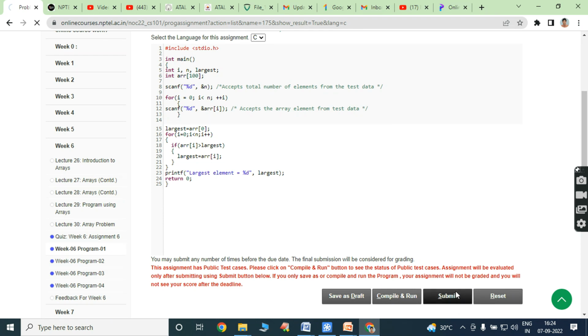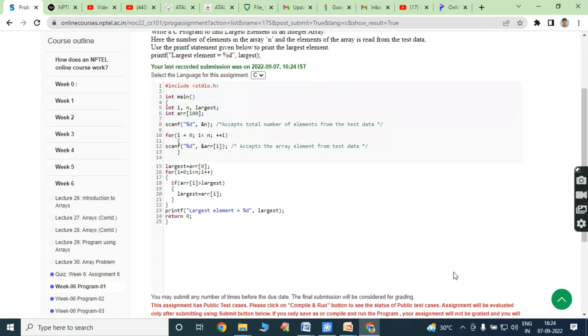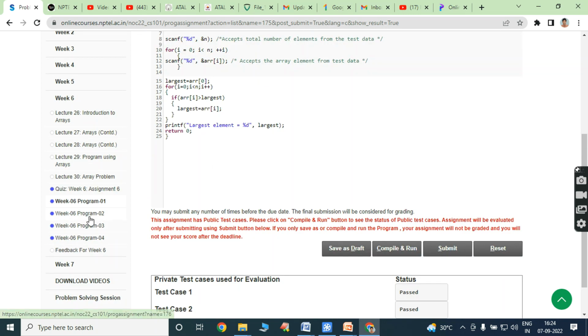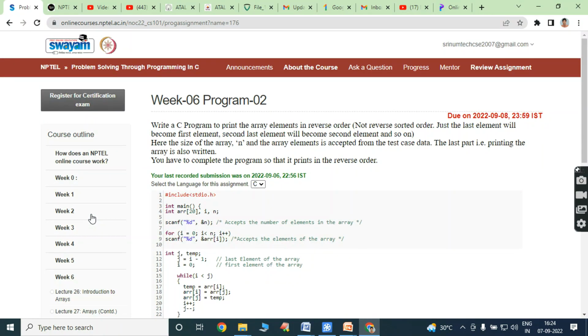Then we have to submit. So test case 1 passed, test case 2 is also passed. So now we can go for the second program. The second program is: write a C program to print the array elements in reverse order,